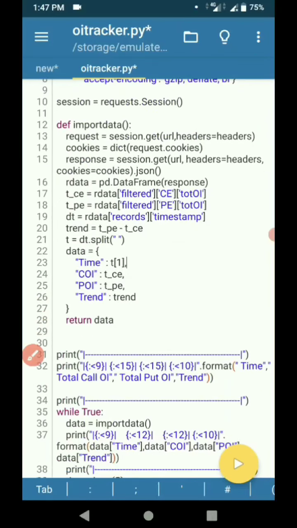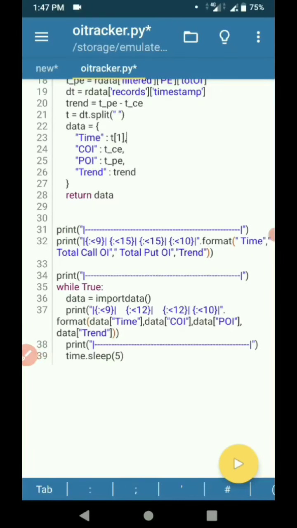So in this way you can track from your Android device, and you can run a Python code, and you can extend this code to some level, and add a moving average on the trend variable, or RSI of the trend. Then you can better understand in which direction Nifty or Bank Nifty is moving, and you can take a better entry and better exit, and I hope you understand my point.